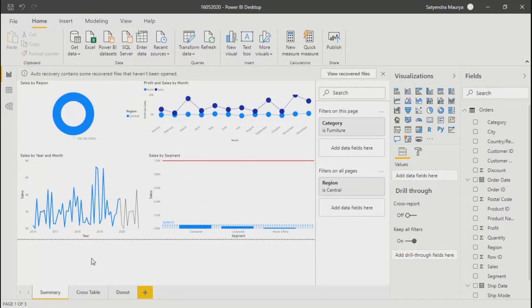There may be some settings, but there is no option like this over here, and Power BI doesn't provide that flexibility. So that's a filter limitation. In that case, we will be using slicers. In most cases we use slicers only. Slicers are going to be very useful in this scenario.